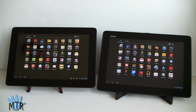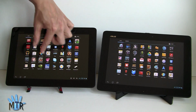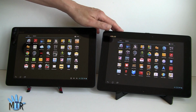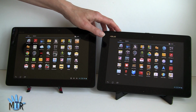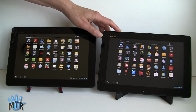Also, in terms of performance, they both are very fast. Each feels equally fast. Each runs applications just as fast. Neither of these has a custom UI. You're just looking at straight Android Ice Cream Sandwich user interface. Playing Tegra 3 games like Riptide and Shadowgun runs equally well on both of these. We haven't been able to try Dark Meadow yet on the TF300. Some little bug in the deployment actually hid that from this TF300 at launch on the Android market, but NVIDIA tells us that by the end of today, in fact, you'll be able to download it and play that creepy,